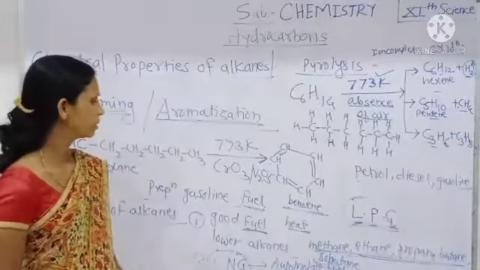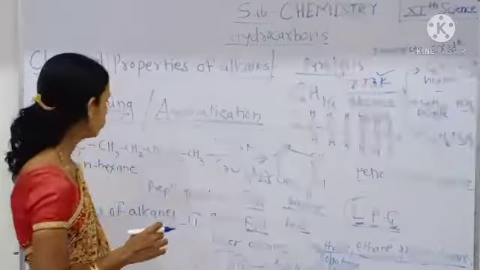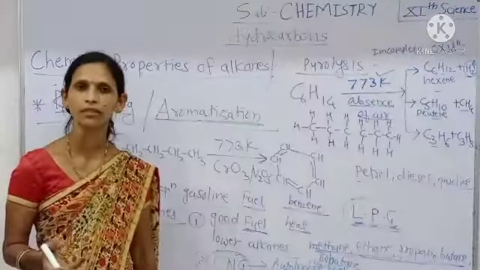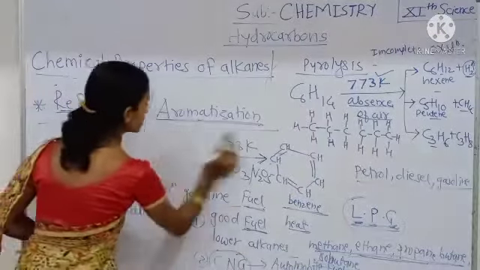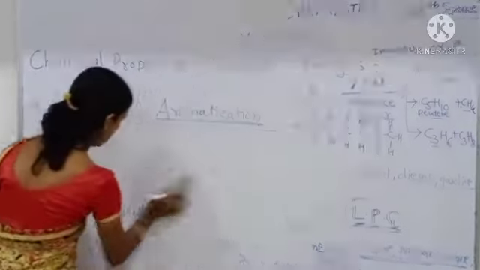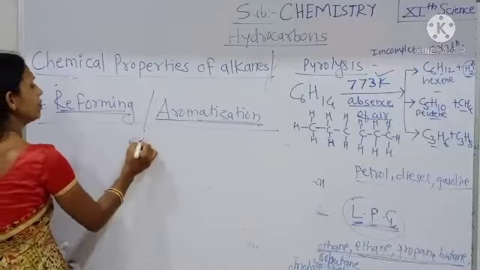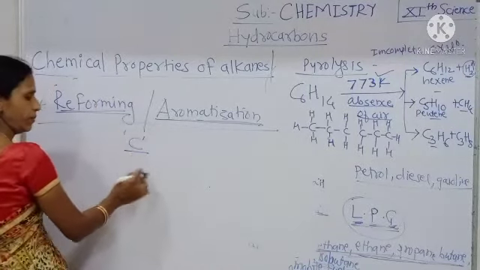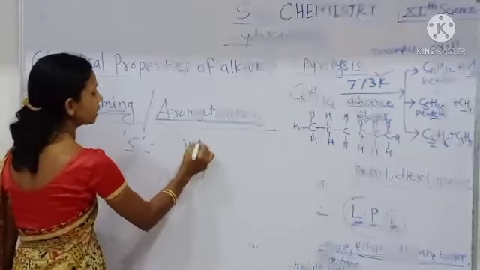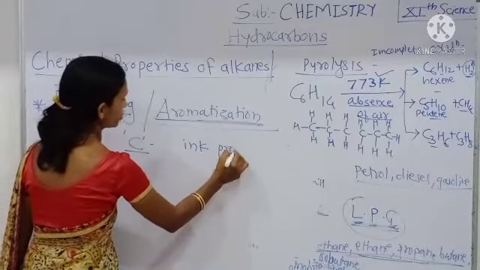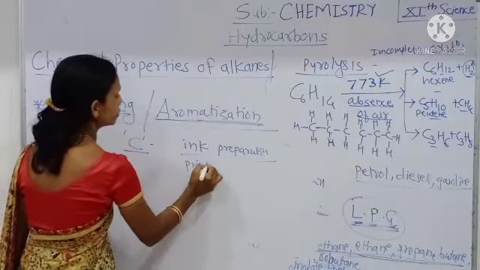One more application of alkane: when alkane is burnt incompletely, it produces carbon particles, because the main constituent of hydrocarbon is carbon. Therefore these carbon particles are used in ink preparation, that is used in printing ink,